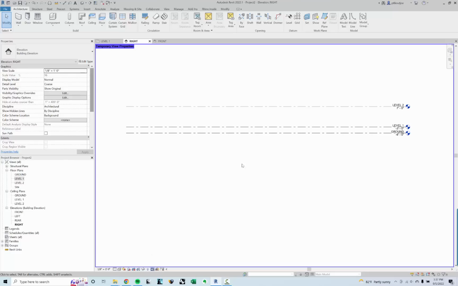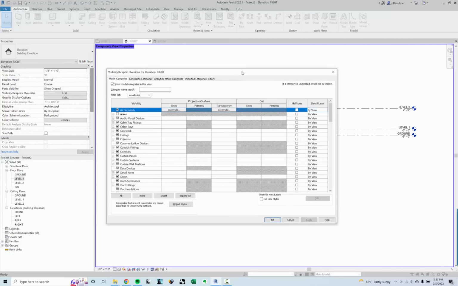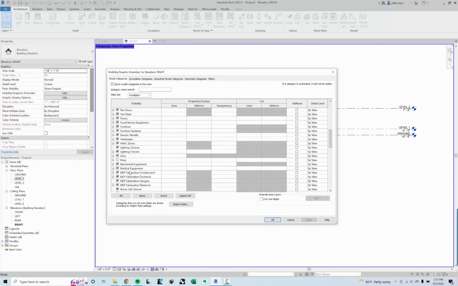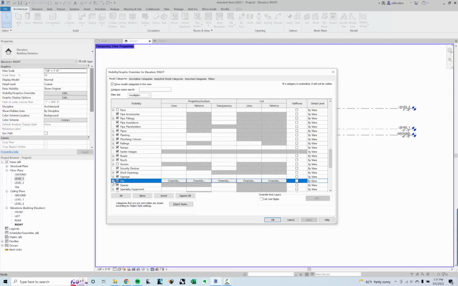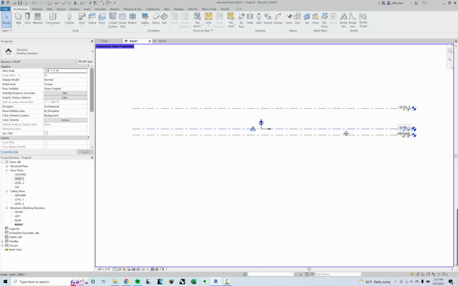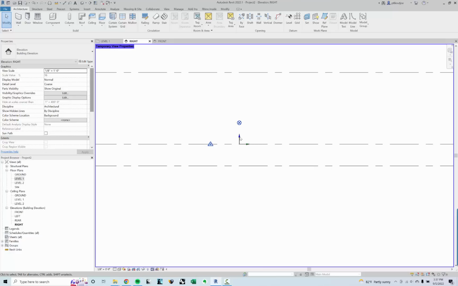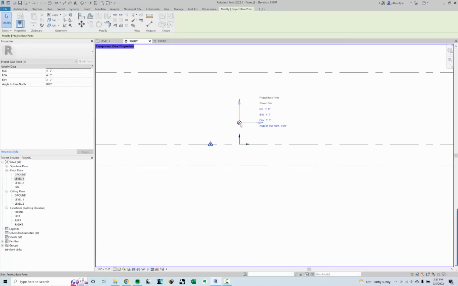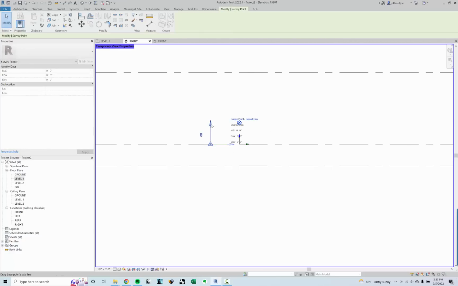So I'm going to click here, enable temporary view properties, and then if I hit VV again, which is my visibility graphics, I'm going to come down to site, expand that, turn these things on, click OK. So there they are relative to the project. My project base point is up here, and my survey point is here. So this, I want to move down